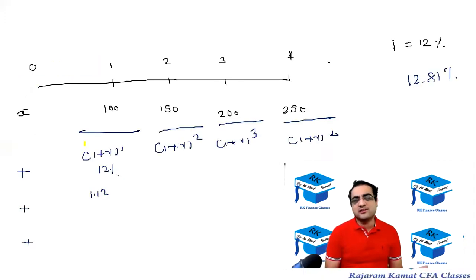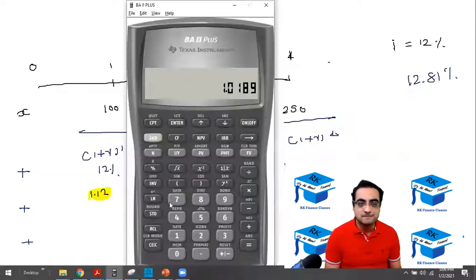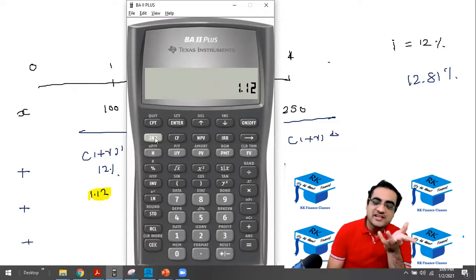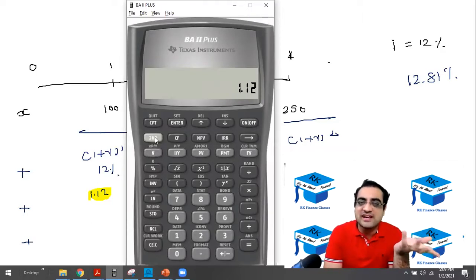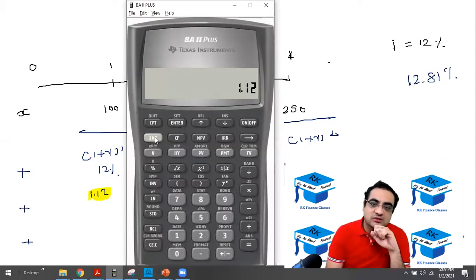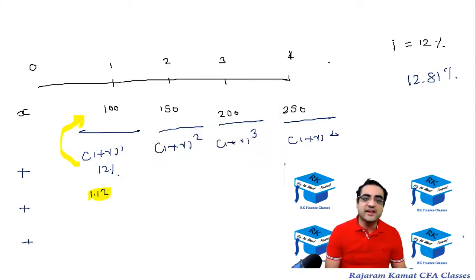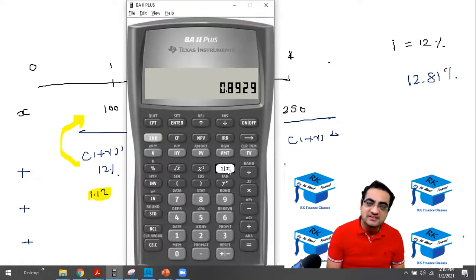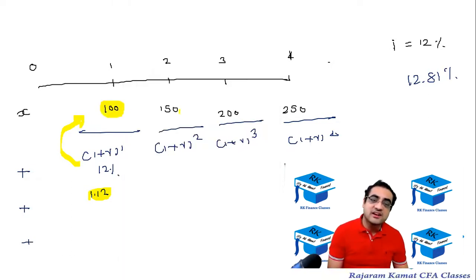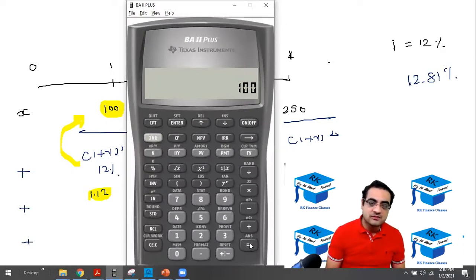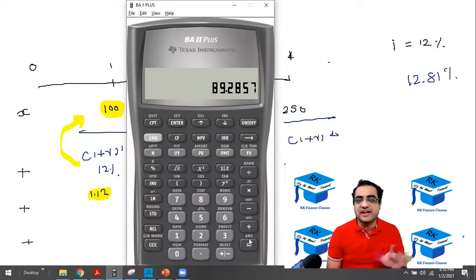So similarly over here, we're going to do it a little smartly. 12% is 0.12, 0.12 plus 1 is 1.12. Raised to 1 is not required because anything raised to 1 is that number only. Like 5 raised to 1 is 5, 7 raised to 1 is 7, 1.12 raised to 1 is 1.12 only. So directly take it up. And for taking it up, you have the inverse key. So press that 1 by x and then multiplied by the numerator, which is 100. So into 100. All right, so that's 89.29.